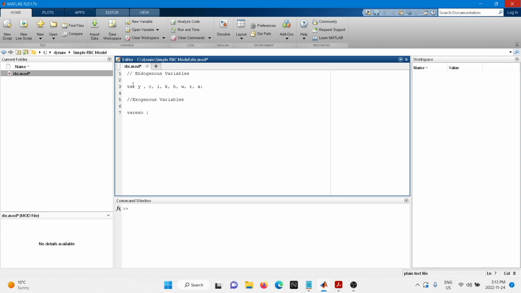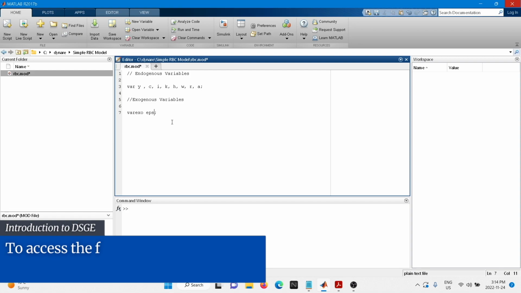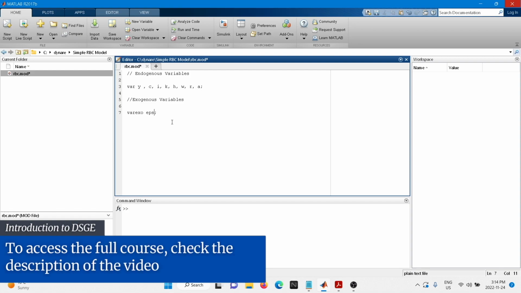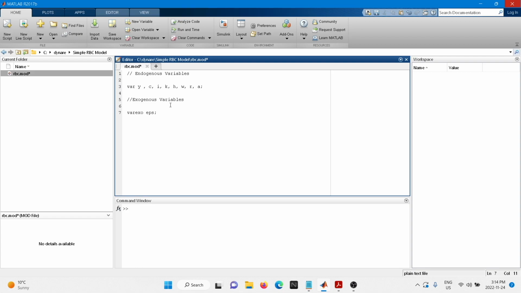The way it works in Dynare, remember A was the productivity shock, but what counts as the exogenous variable that we need to define in the model is basically the error term. In this case, the epsilon: you can write an E, or you can write EPS for epsilon, or any sort of text that helps you identify the error term. You can use any notation. Just make sure that you are consistent throughout the model. If you use eps instead of E, you need to write eps everywhere you have the error term.